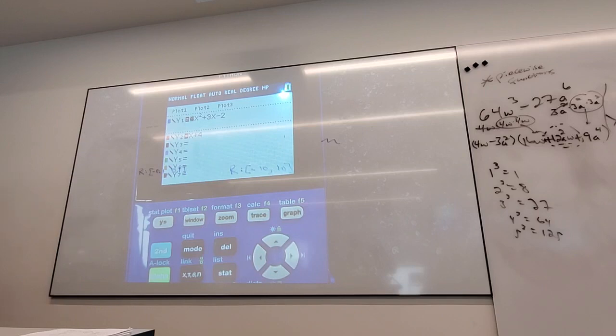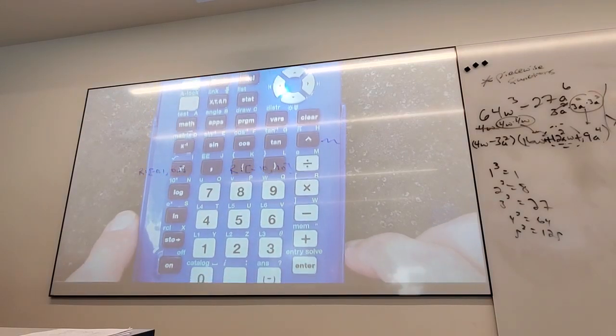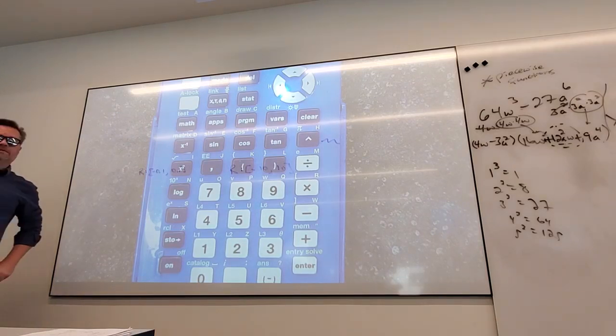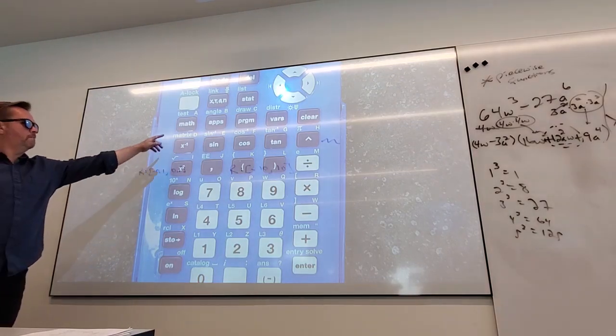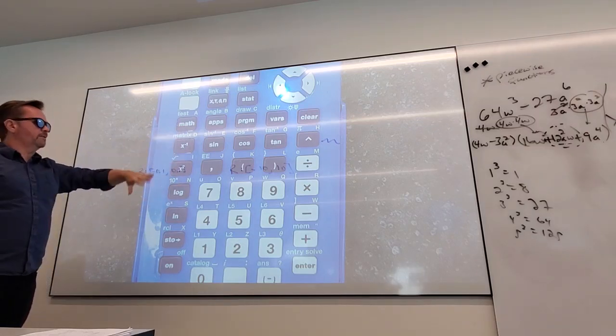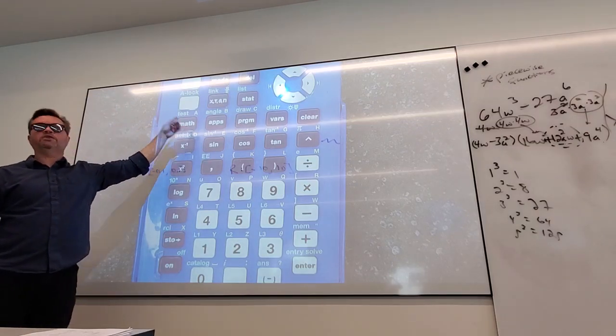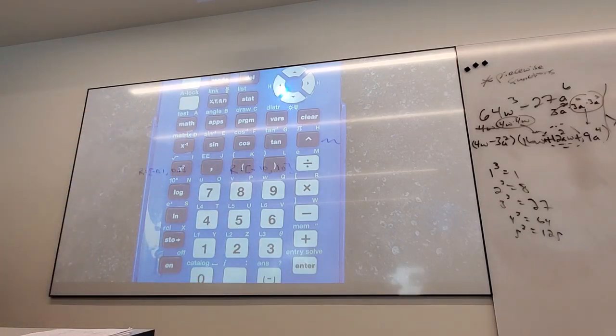So I know I didn't bring my calculators with me, but just watch. If you have a calculator, you can play along. I'm going to clear out the stuff we did yesterday. Really quickly, do you guys see what might be the most interesting button on here? There is a math button. If I got this calculator and never saw it before, there's a lot of buttons that would freak me out, but that would really, really freak me out. I hit that and all of math just comes flying out of the calculator. If I hit that button,